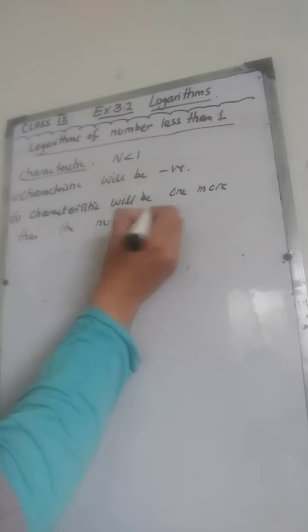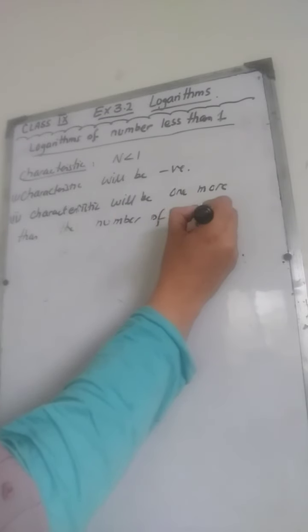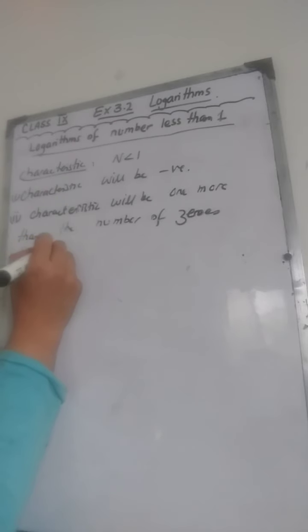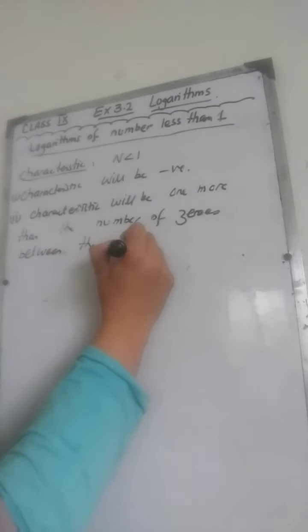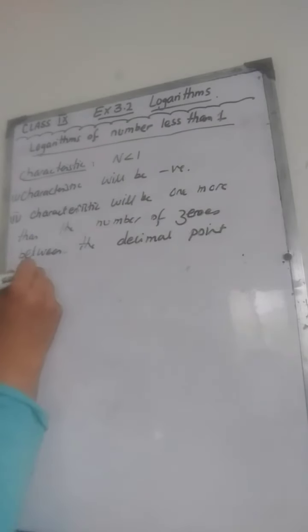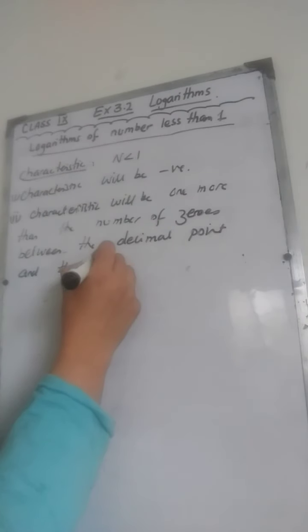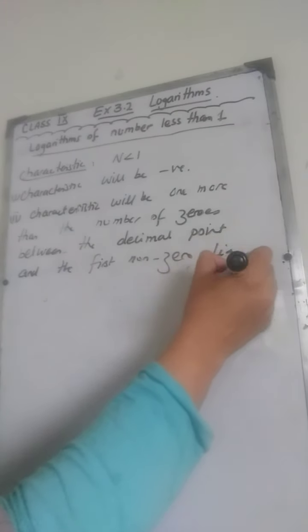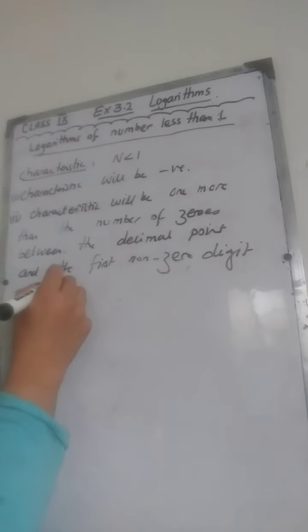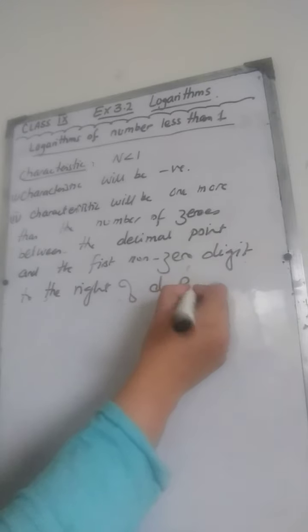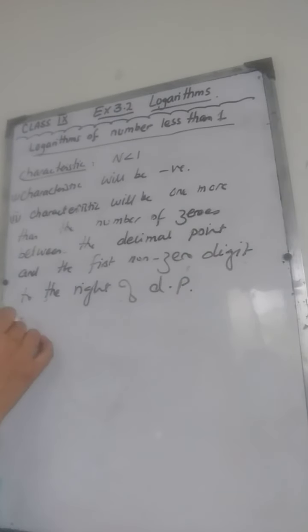the number of zeros between the decimal point and the first non-zero digit to the right of the decimal point. Okay, for example, suppose you have the number